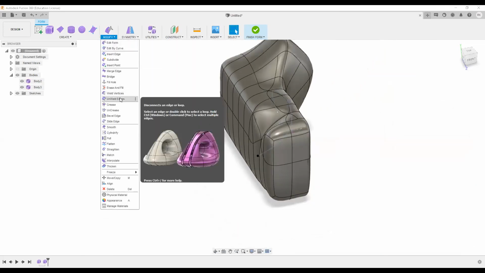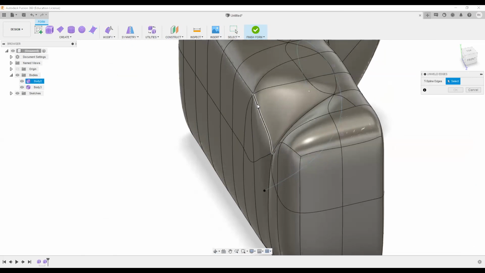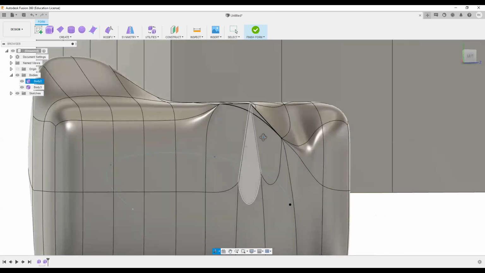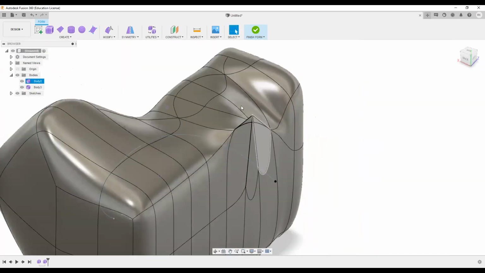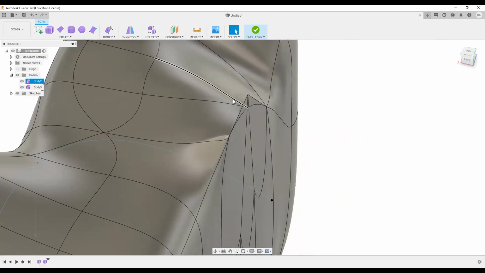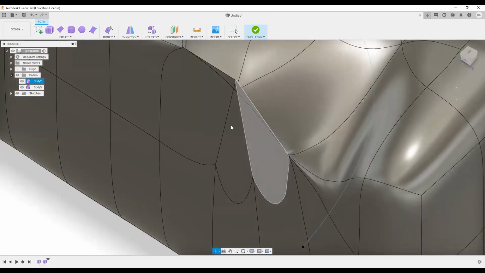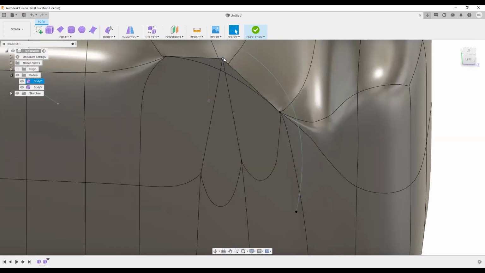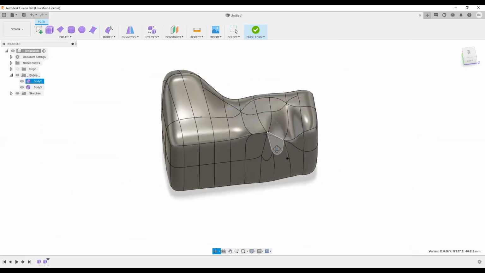Then there is this unweld edges option, in which we can unweld the number of edges at this particular edge, these particular edges. So these edges are unwelded, and it's further divided. As you can see, the points are divided, and they have been separated with individual edges. All these three edges had only one point here, but now they all have different points. So we can unweld these edges.